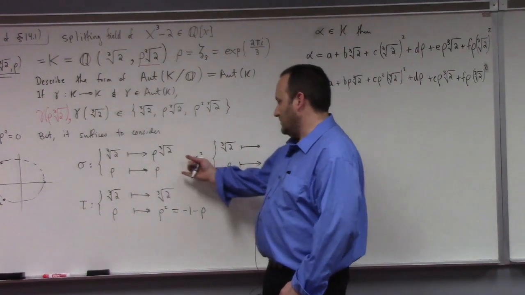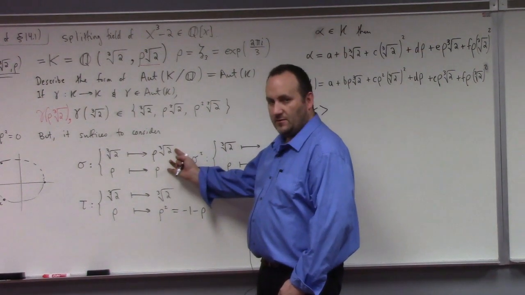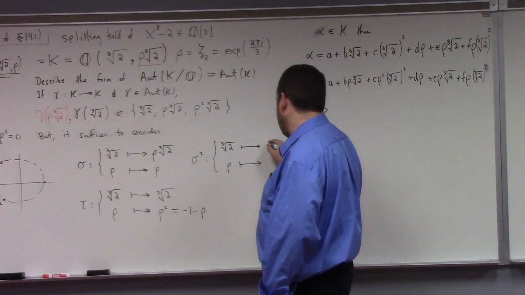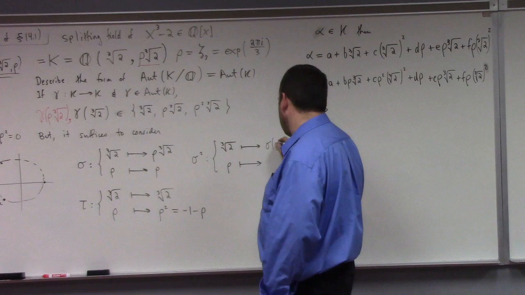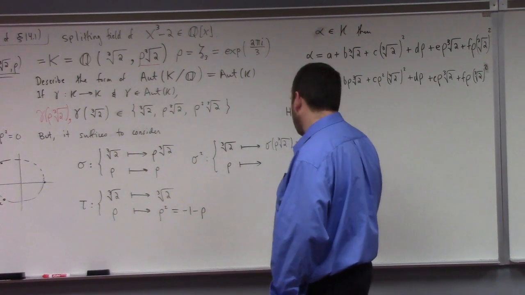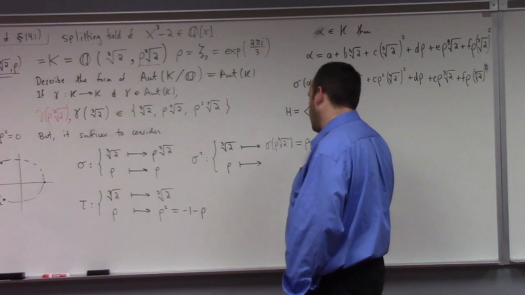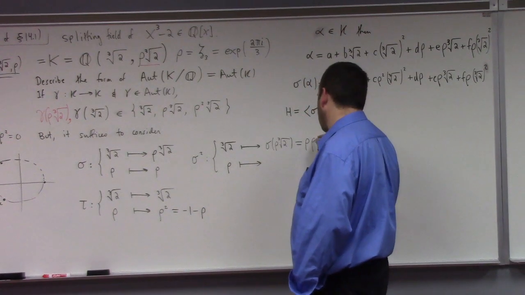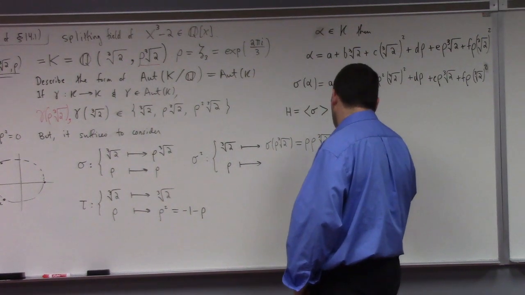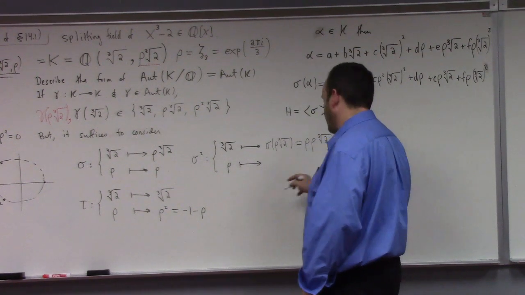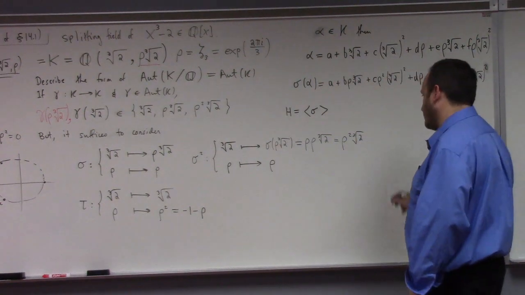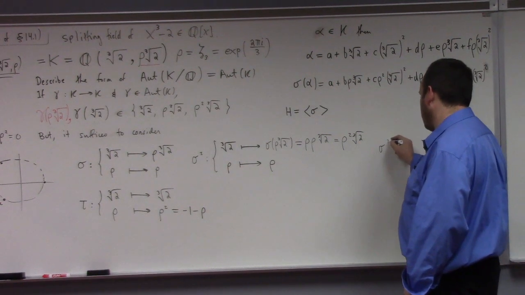It maps to... whatever. So that's equal to rho squared cube root of 2. And of course, rho goes to rho. And then if we calculate sigma cubed,